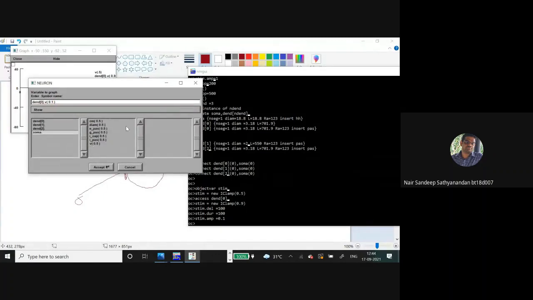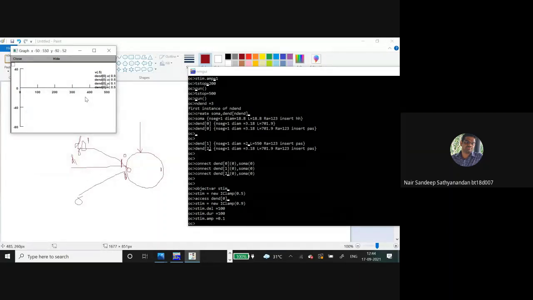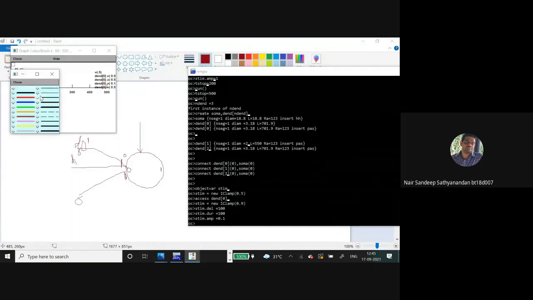Okay, this is already there actually. V.5 is already there. So now, to differentiate it, we can pick up the color vector. So you can use the color brush, and then this one you can give, and then yeah, this is done.